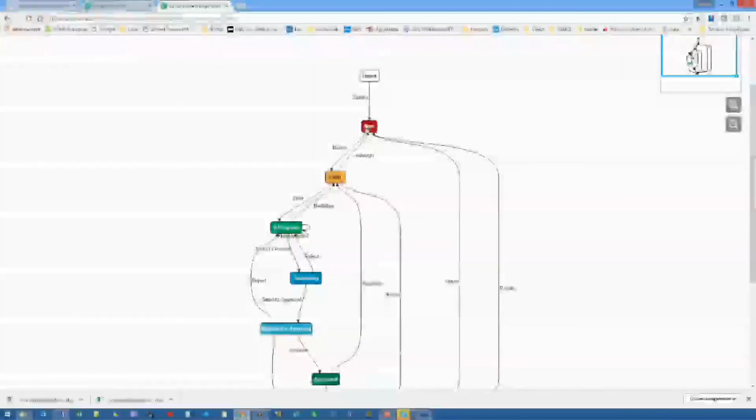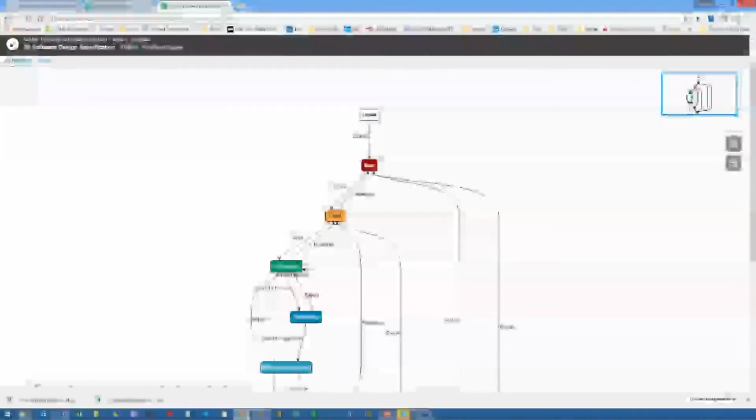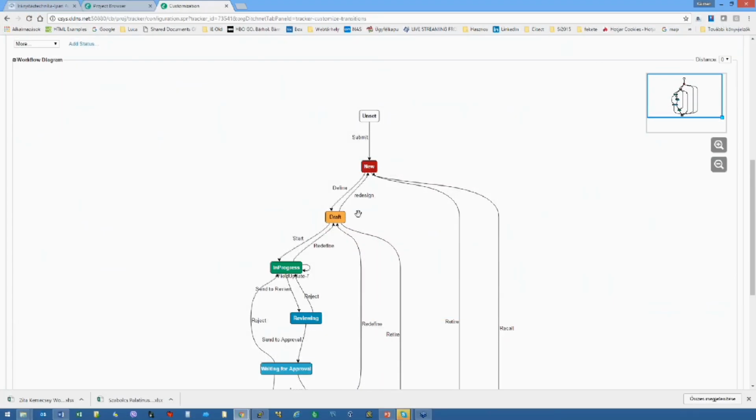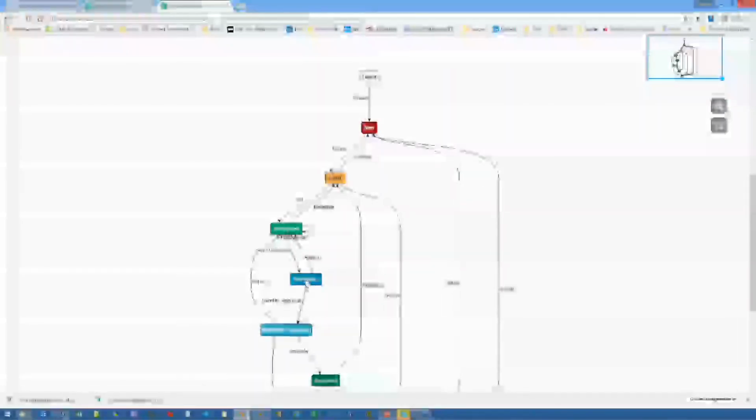The status is defined in a workflow, and also the transitions can be easily customized. So you can go to a customization page where we can see all the transitions listed, and all the user roles by which these transitions can be operated. The statuses of the workflow are accessible, and you can easily add a new status to the workflow. So the workflow is customizable, and next to these simple functions like bringing one item from draft to in progress when we are filling in the information, additional functions are hidden in this,